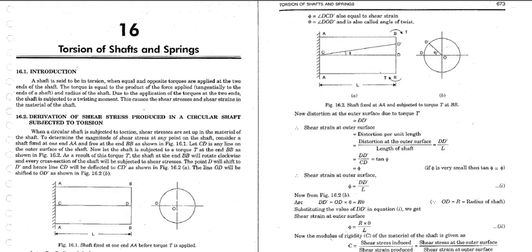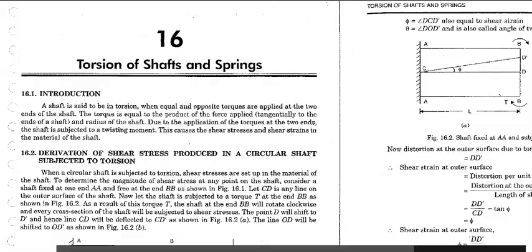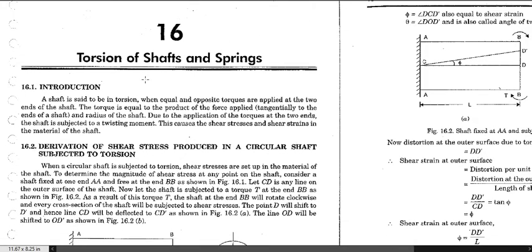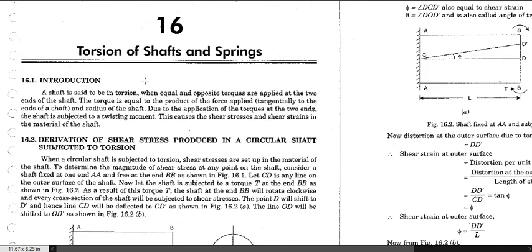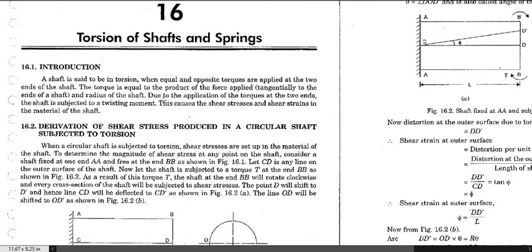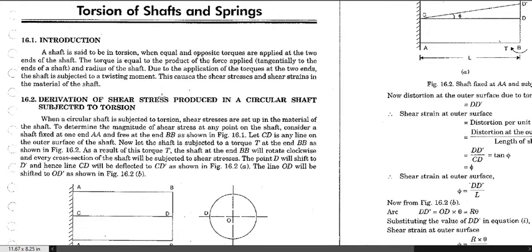Hello everyone, in this video we are going to start the new topic, which is torsion. So far we have seen the tensile, compressive, and bending types of stresses which are applied on a beam. As a result, certain bending moments and shear stresses got generated in our beams or shafts. Now we are going to see the other type of distortion through which any shaft can go, and due to which the resultant movement that occurs in it is known as a twisting moment.